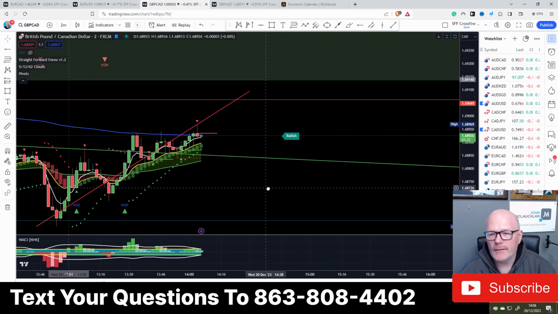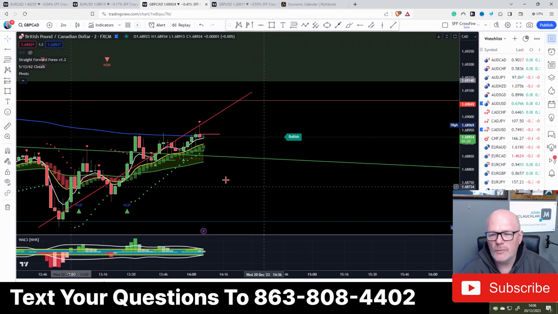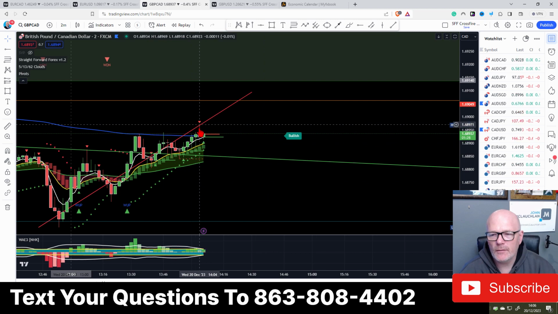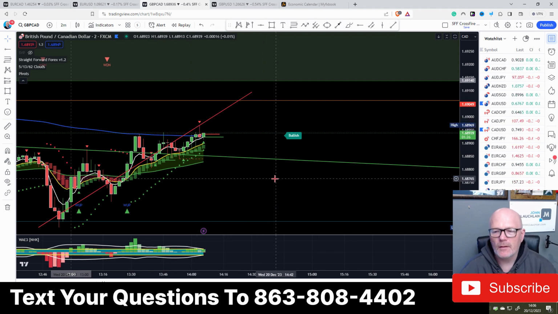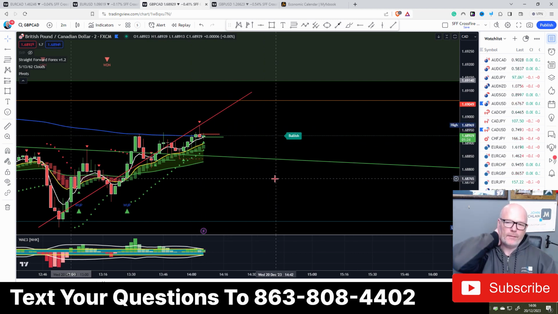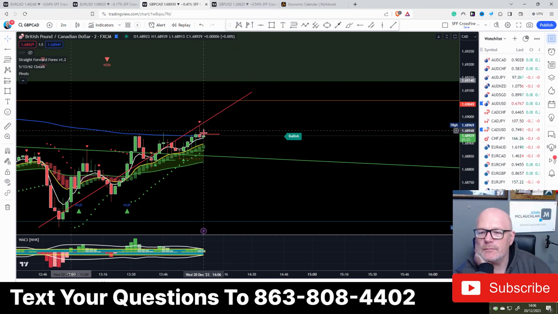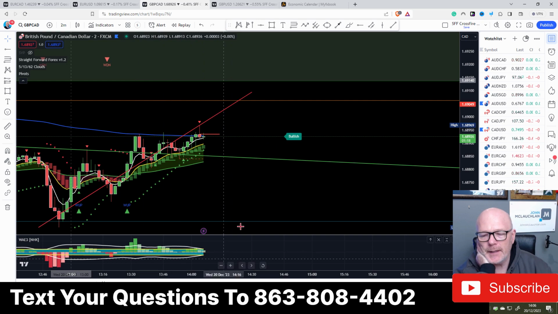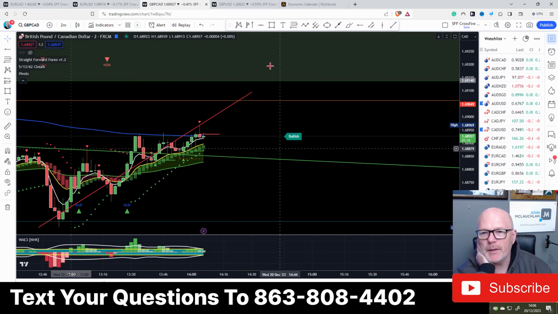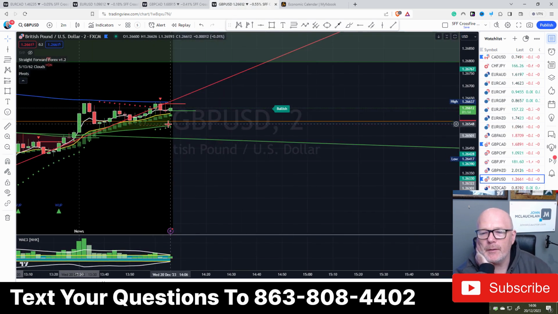GBP CAD, nothing happening. You can see how it's kind of respected that trend line, and it bounced off, and now it's kind of green, but again kind of flatlining. Nothing really much happening. GBP USD,